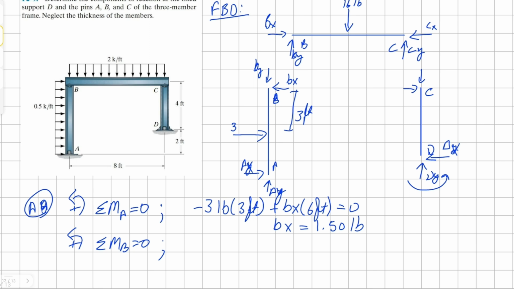This time, the point load is acting counterclockwise, therefore positive, and it's 3 feet away. We also have our horizontal component acting counterclockwise for A, and it's 6 feet away, all equals 0. Solving for this, you get Ax as negative 0.5 pounds. So here we found Bx to be 1.5 pounds, and our Ax equals negative 0.5,